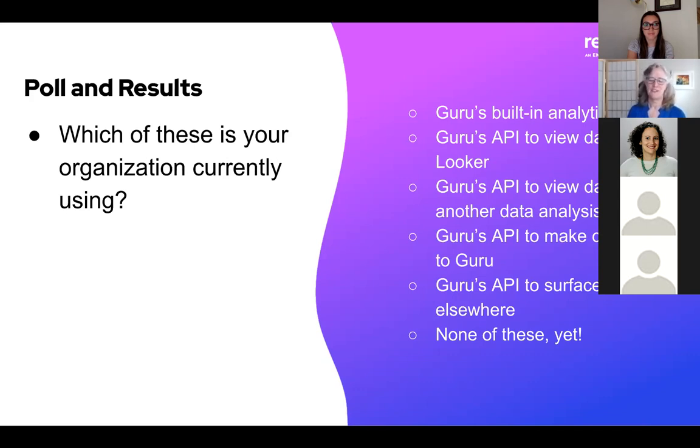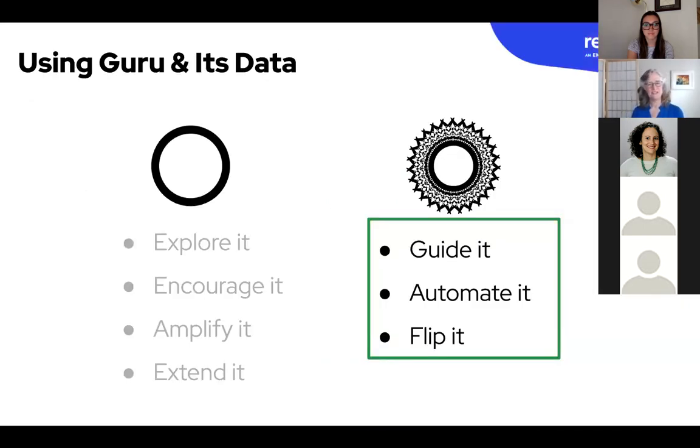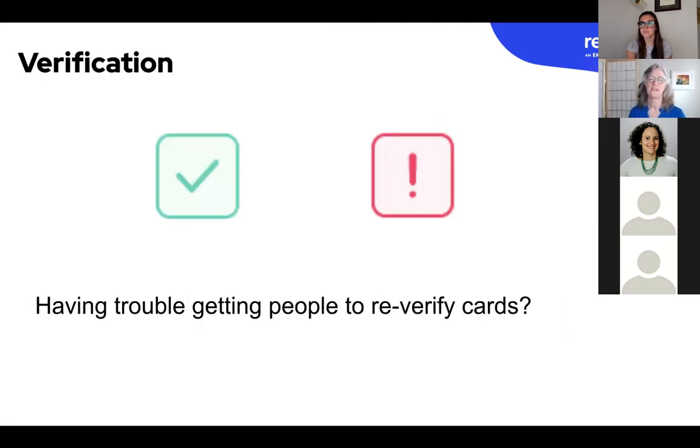I thought about just showing you beginning and end. I thought the journey was a little more interesting. This will show you as well the efforts we've made to guide what people are doing, and then just automate it, and finally flip it, which I'll explain down the path. So this story will include all three of those.